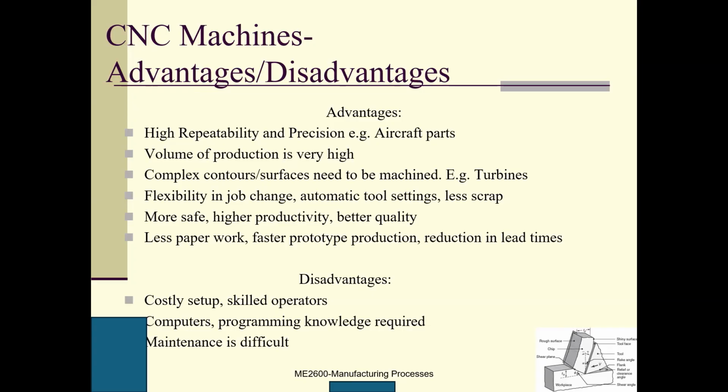Volume of production is very, very high, so they can minimize the involvement of human beings. Also, complex contoured surfaces need to be machined, for example, the turbines. Even for turbines, even the most skilled machinists cannot do it very well. Then there is flexibility in job change, automatic tool setting, less scrap, more safety, high productivity, better quality, and less paperwork,